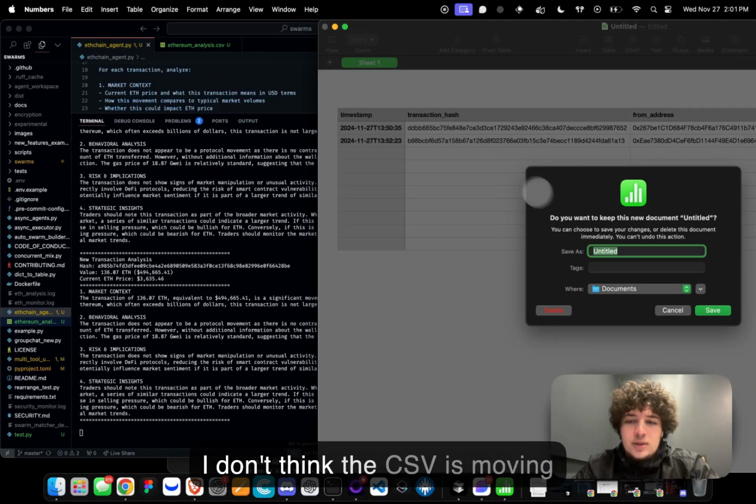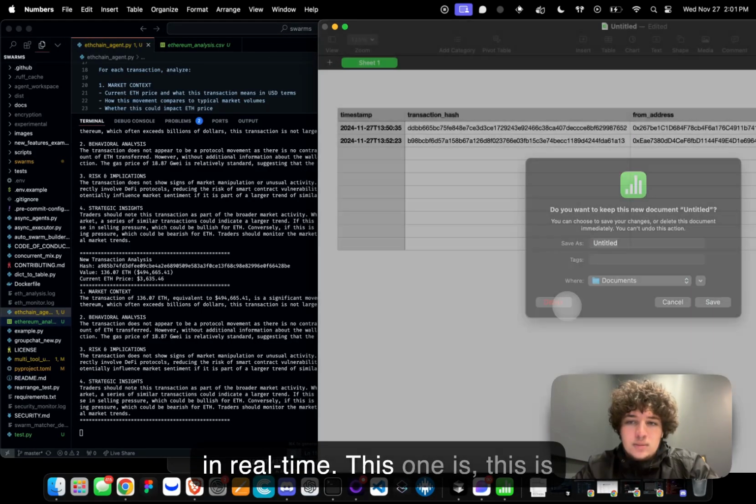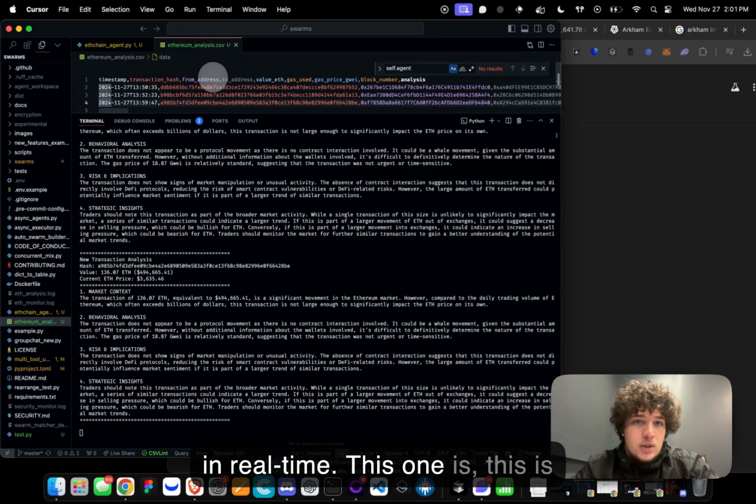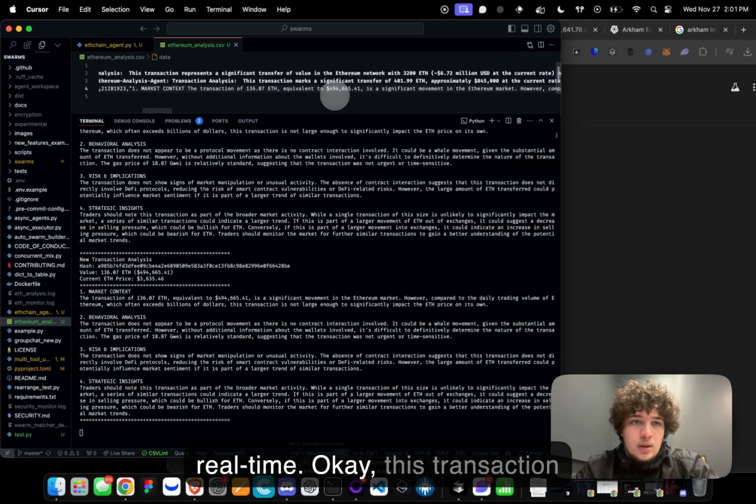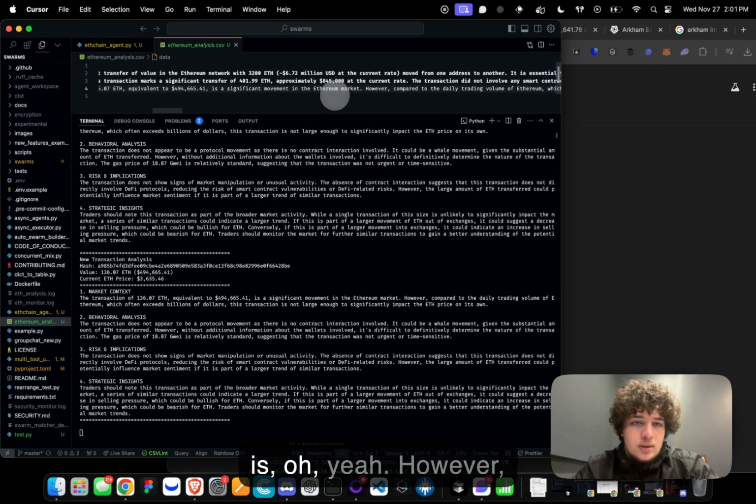And I don't think the CSV is moving in real time. This one is. This CSV is outputting in real time. Okay, this transaction is